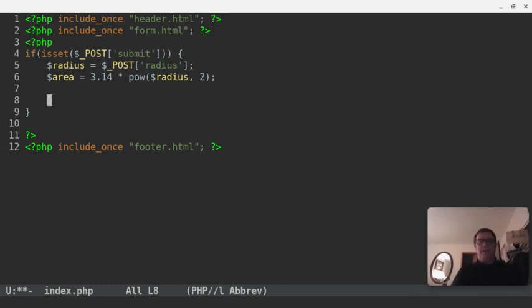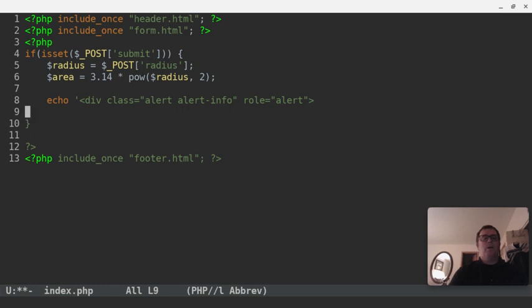And now we want to give this back to the user. So what we're going to do is we're going to echo. And then let's do single quotes here. And we're going to do a div with a class of alert and alert info to get that blue. And it's going to have a role equal to alert. Okay. And let's close that div, and we'll say something like,